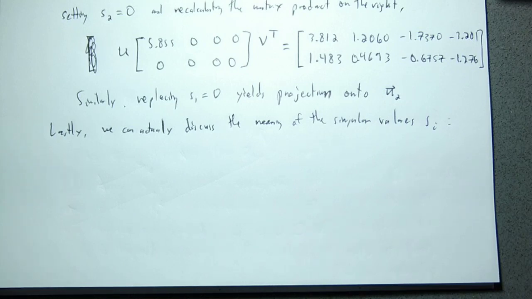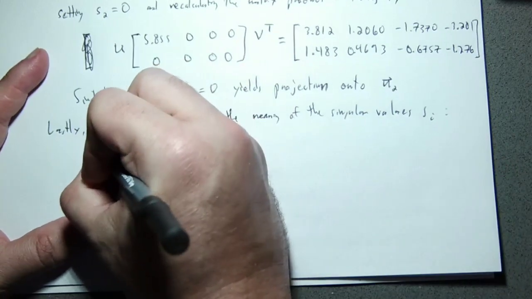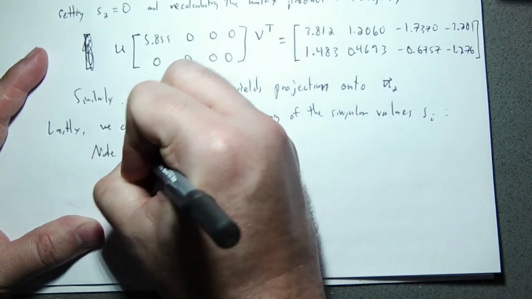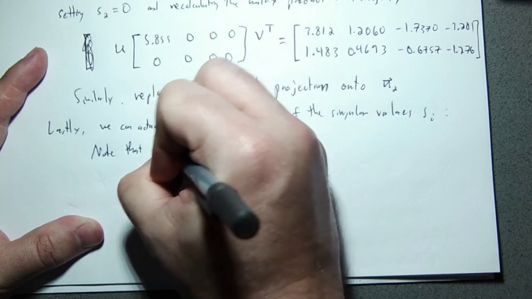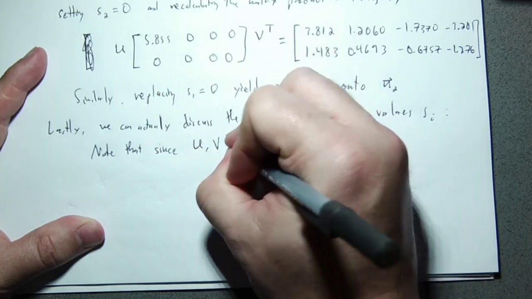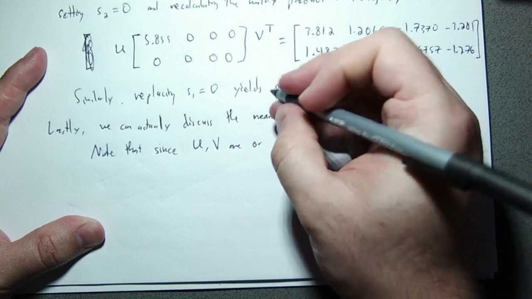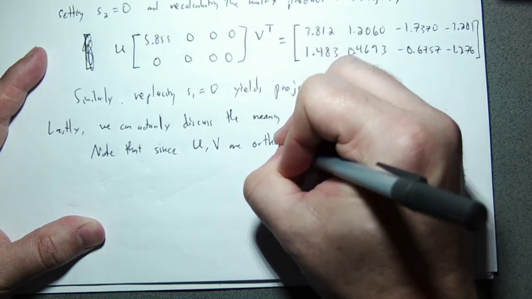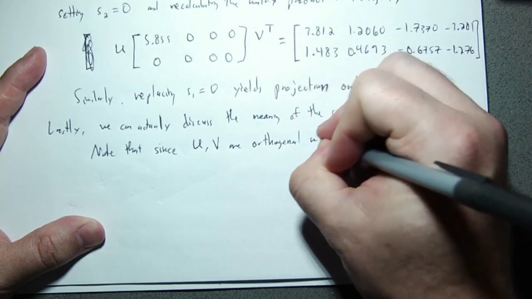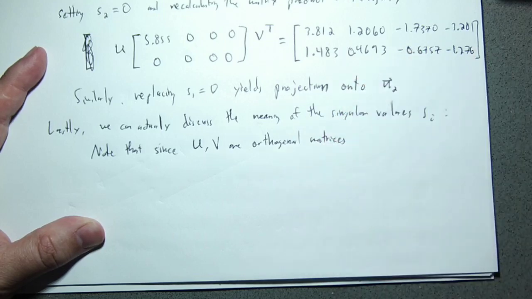Remember that we had a definition for variance that we made in terms of the singular values. Note that since U and V are orthogonal matrices, meaning that their columns are orthonormal,